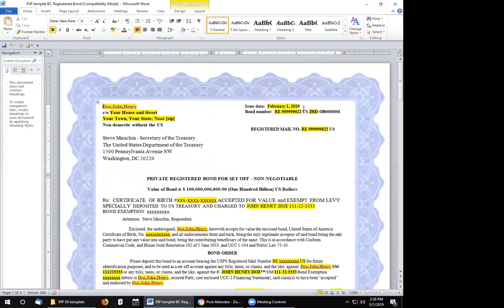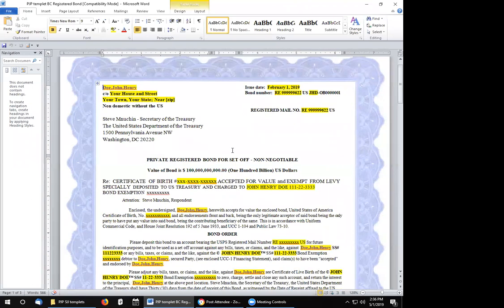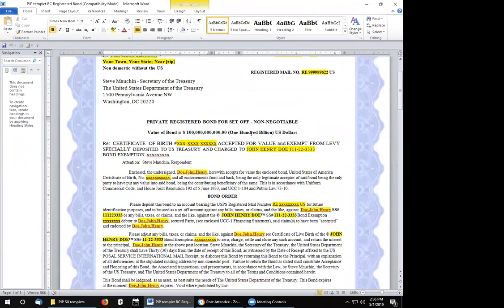And you can see the issue date, that's the date you're doing it. Bond number, that's your registered mail number. And over here is your bond number. And this is your registered mail number again. Again, we took that up to 100 billion. This is your certified birth date,